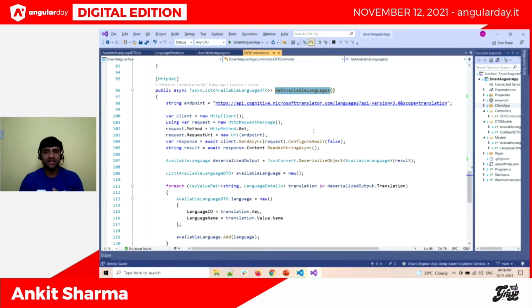So from where can we get that? Azure Computer Vision does not have any API which provides us the key value pair for the language code. So we are using the Microsoft Translator API endpoint. Microsoft provides a lot of cognitive services APIs. Microsoft Translator is one of them, which allows us to translate text from one language to another. So we are using the endpoint of Microsoft Translator, which is written over there, to fetch the list of